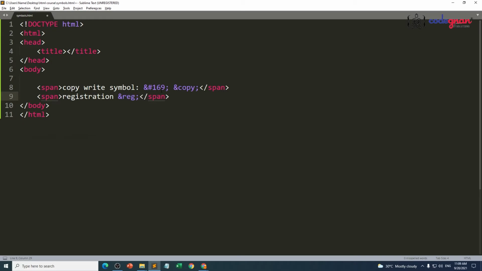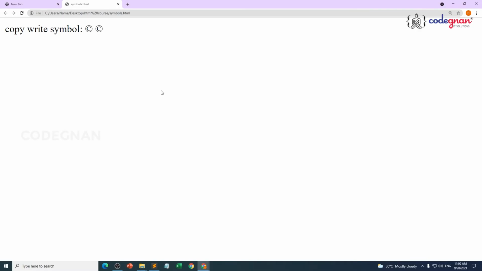Because of using a semicolon, the DOM is going to understand the user is trying to display a particular type of symbol in the web page. Or else you are having that number code also. What is the number code? It is ampersand hash 174 semicolon. Guys, you don't need to remember all these number codes. You can get all this information directly from the web pages also.